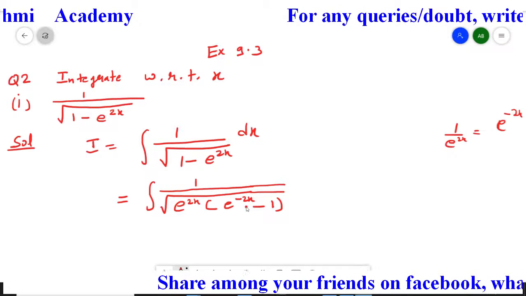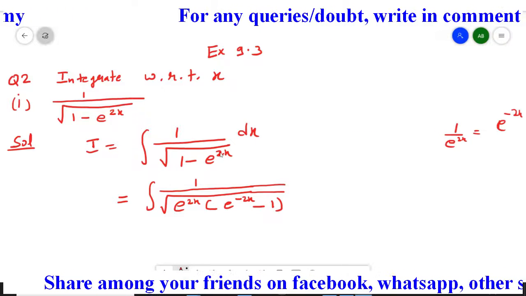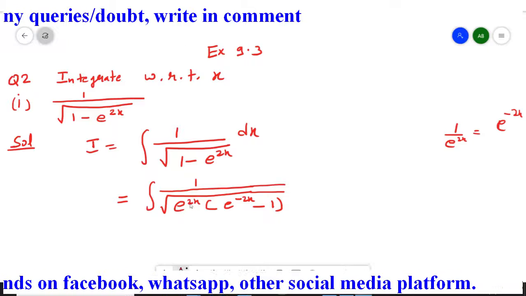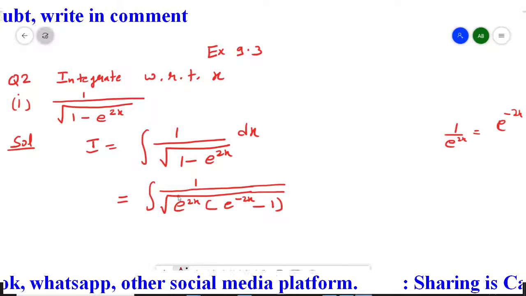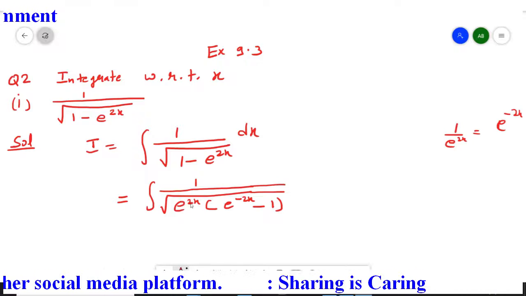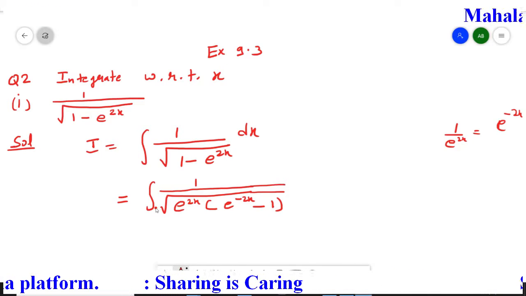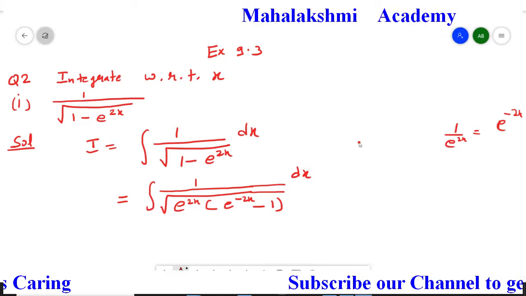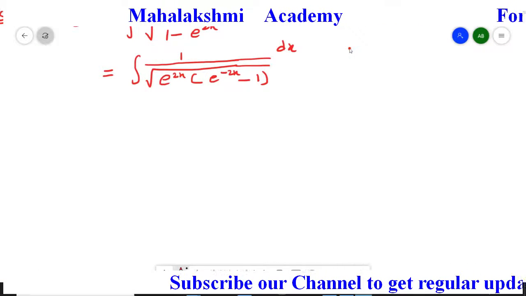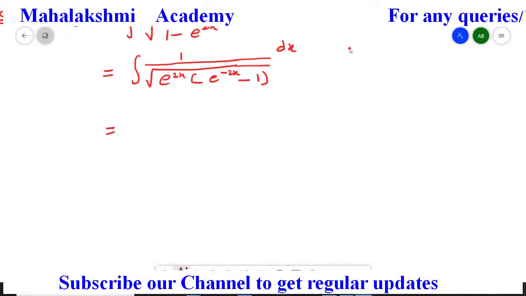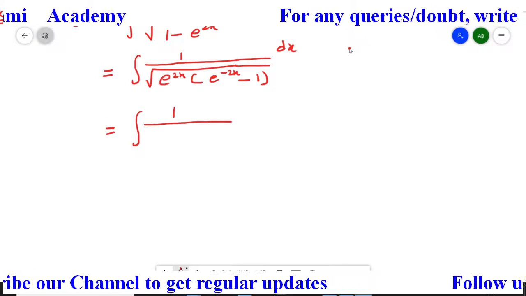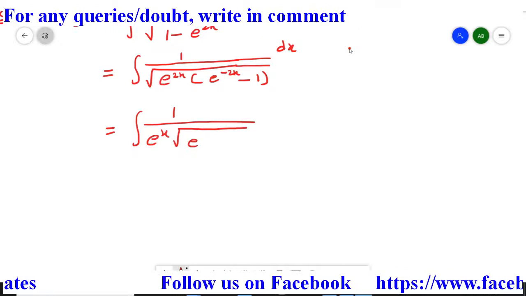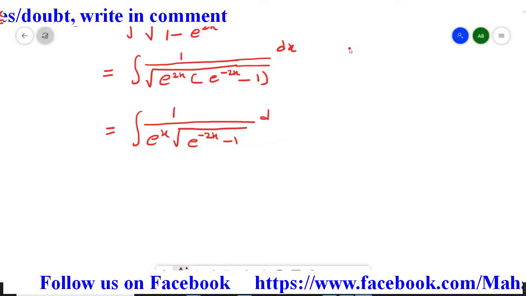That's why here e to the power minus 2x, and when we take it outside, same number divided by same number is 1. Now this e to the power 2x can come out from the root because it's a square root and it's a square. So the square root and square will cancel, so only e to the power x will come out from the root symbol. In the next step we are going to get like this: integration of 1 upon e to the power x, which came out from the square root symbol, and here we are remaining with e to the power minus 2x minus 1 and dx.